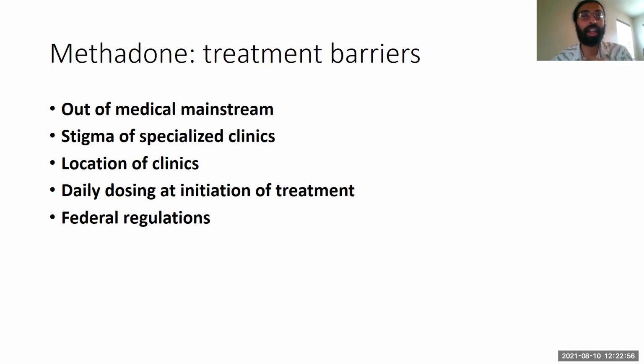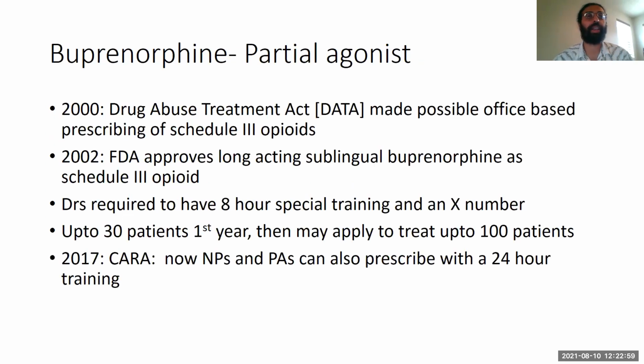And you also have to monitor the heart, the EKG, closely. So because of those reasons, really in the 90s, we started turning to buprenorphine. We started saying, can buprenorphine help bolster our treatment system? Because the majority of patients with opioid use disorders, even in the 1990s, were unable to access treatment. So we turned to buprenorphine, which had been used in Europe since the 80s as a treatment for opioid use